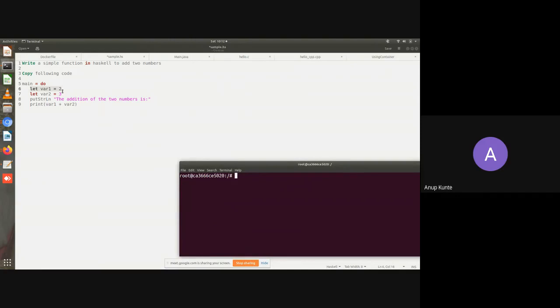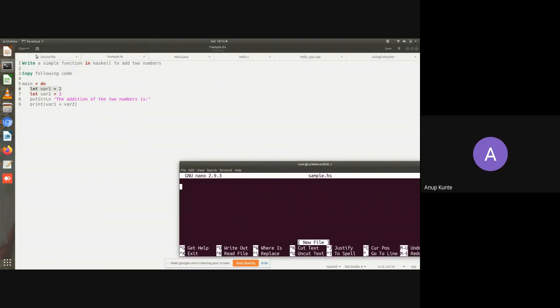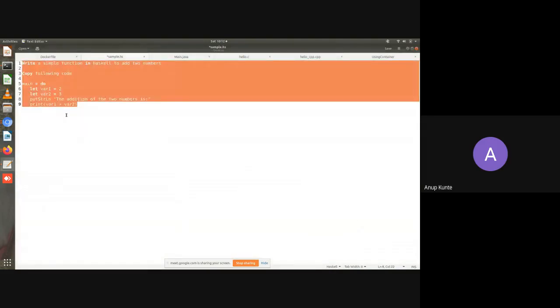Now, how do you execute this as code? For executing this as code, that is sample.hs, I have to first create the file sample.hs. I'll do nano sample.hs. I copy this content.